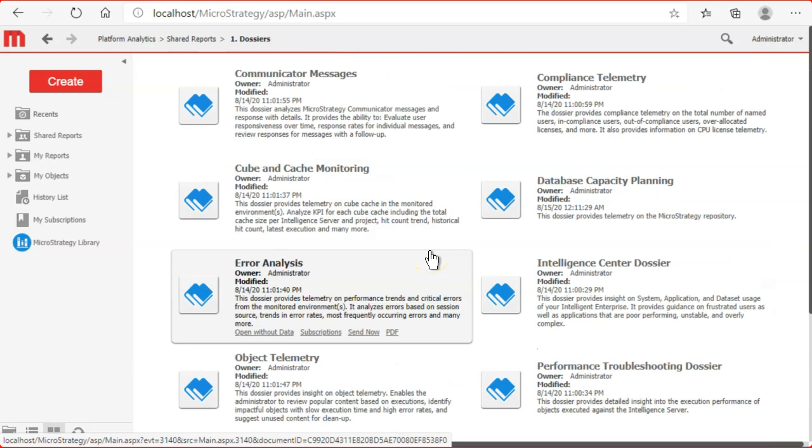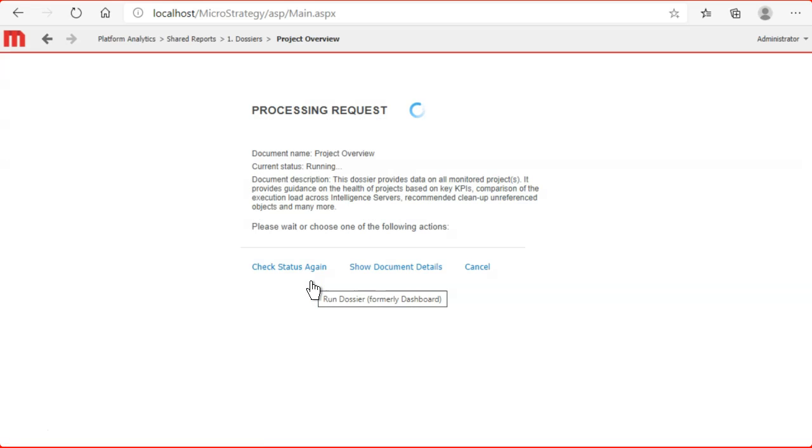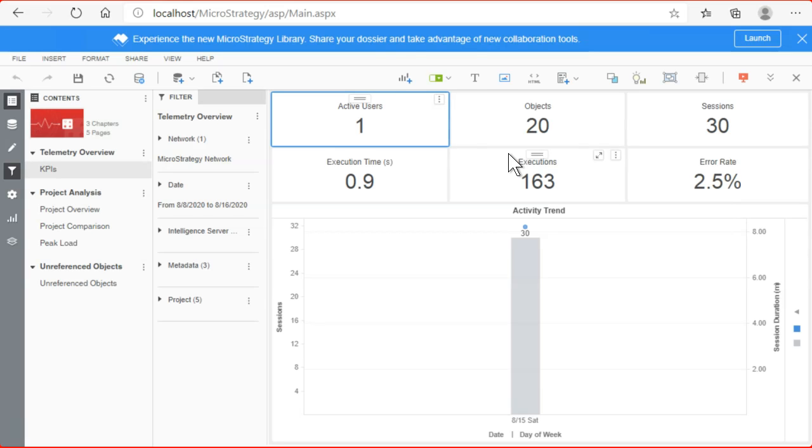There is a project. Yeah, let's go to the project overview. So with this project, number of active users connected is one, and let's just expand it. It's not going to give you any other detail. So that's how you can use these. These are actually the templates, and we will look into it in our different course where you can see how to create this dossier, how to create the reports. We are going to cover a lot of information in our MicroStrategy analytics course.